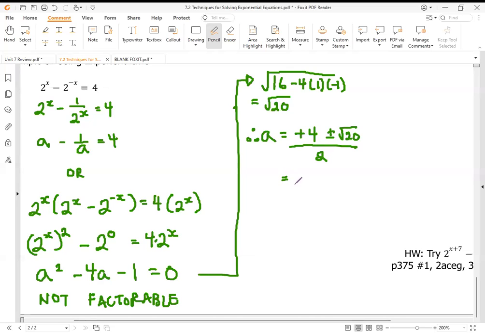Which I am going to simplify. 4 divided by 2 is 2, and root 20 divided by 2 is like saying root 20 divided by root 4. The answer is just plus minus root 5. Therefore,